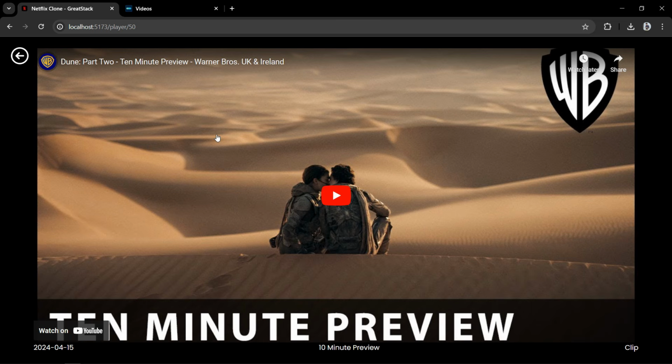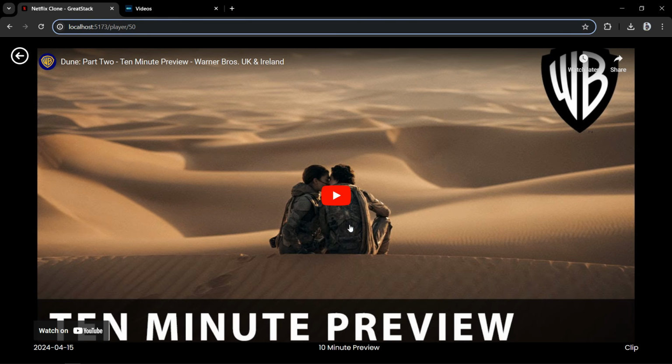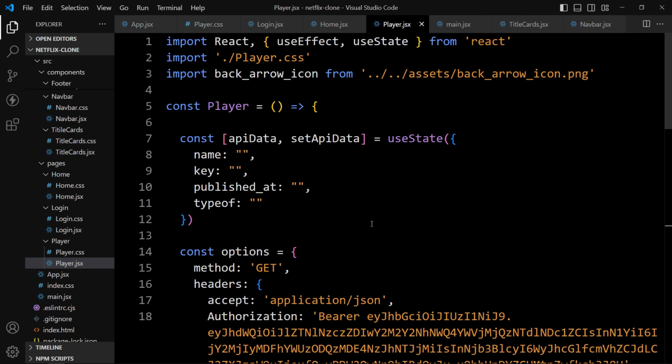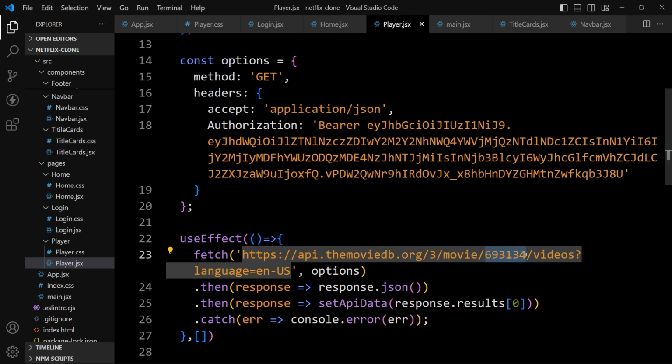So next we have to fetch the ID from this URL, and then it will display the movie trailer from that movie ID. So let's come back, and here we have added this movie ID. So instead of this, we will find the movie ID from the URL.